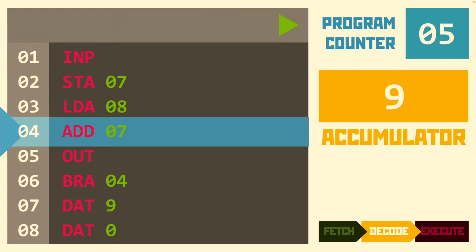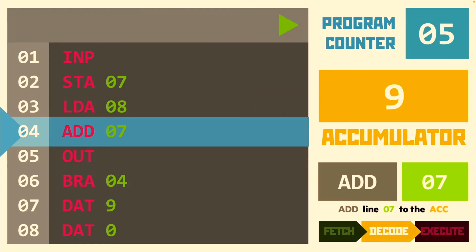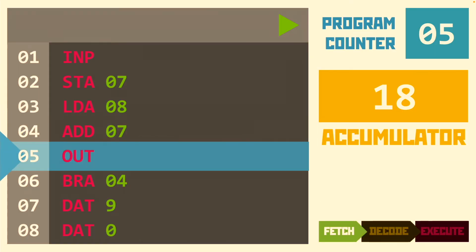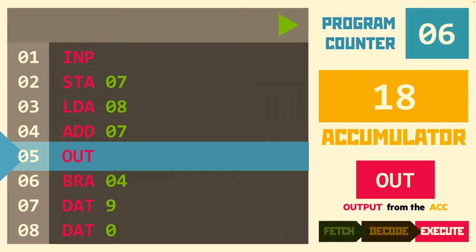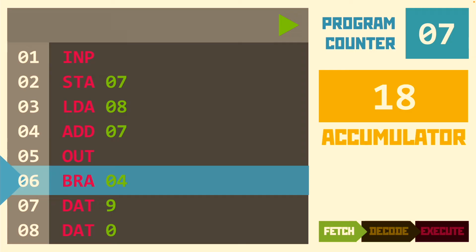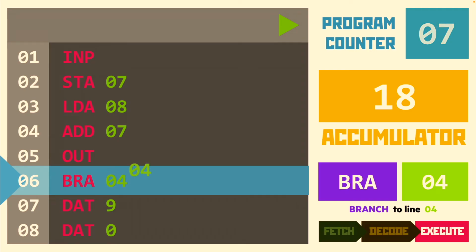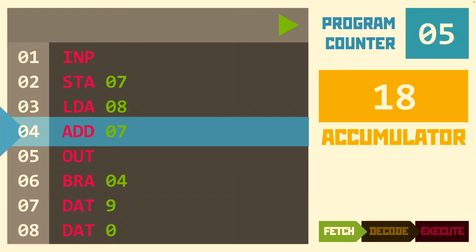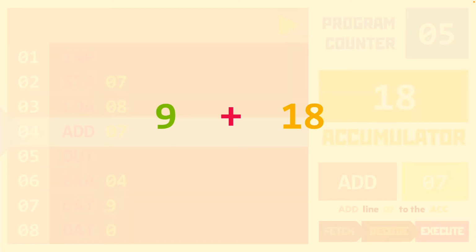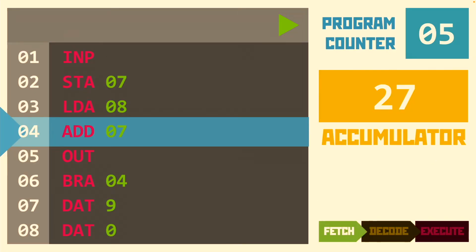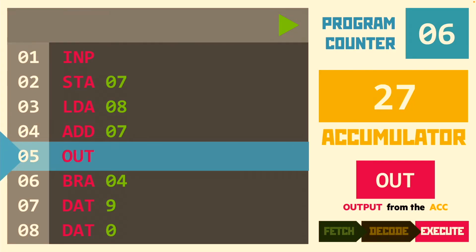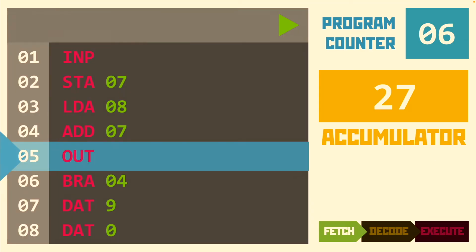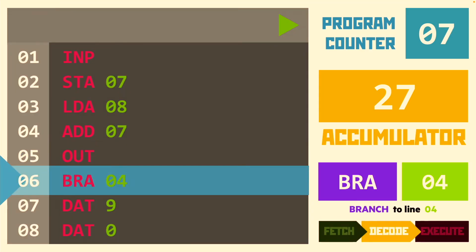This time we're adding from memory location 7 again. So this time it's 9 plus 9, which is 18. Pop that in the accumulator. Output from the accumulator on the screen. So 18 appears on the screen. Branch again, so that's set the program counter to the number 4. Then next time we fetch, we're going to go to line 4, add from memory location 7, another 9, that's 27. Output that number, which is 27, and then branch back to line 4 again,